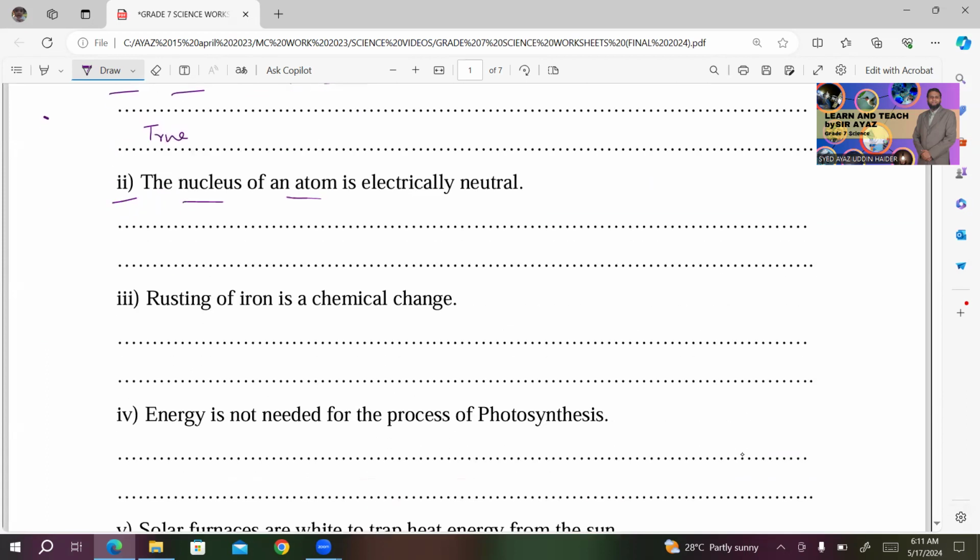Number 2, the nucleus of an atom is electrically neutral. The statement is false. The reason is that the nucleus of an atom contains positively charged particles known as protons and neutral particles known as neutrons. So due to the presence of positively charged particles known as protons, the nucleus of an atom should be electrically positive. So the right statement for this, after adding false, you will write nucleus of an atom